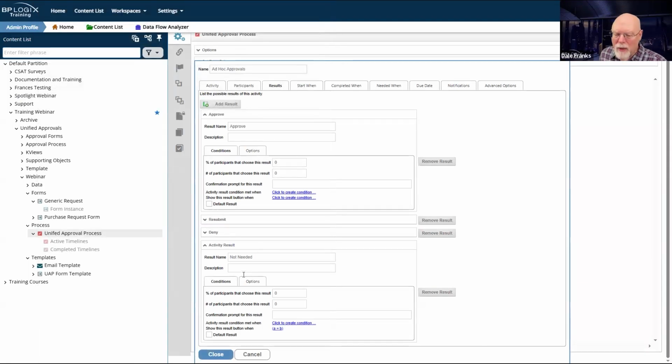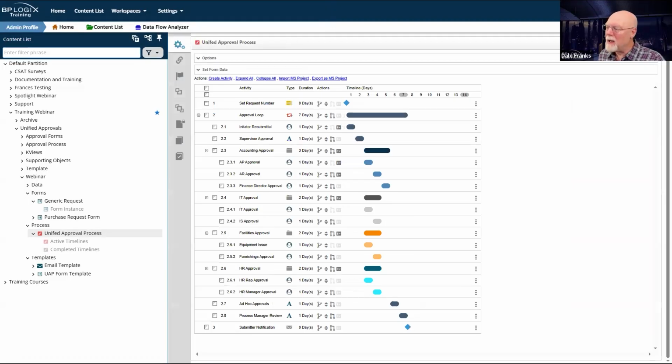So we're happy with that. I don't really care about any of the other options, but I do care that it is the default result. I want to set it as not needed. So let me hit close here. Let me also hit OK here.